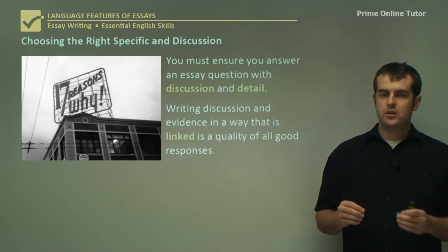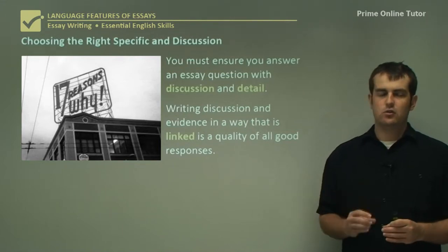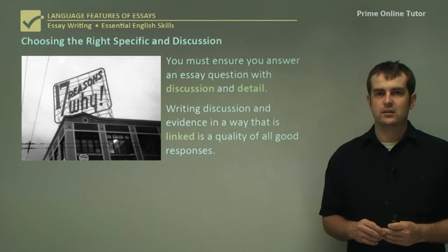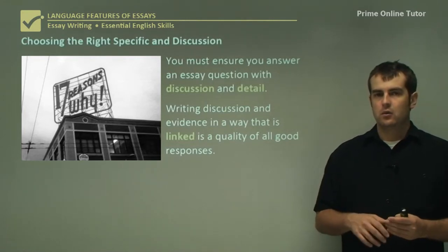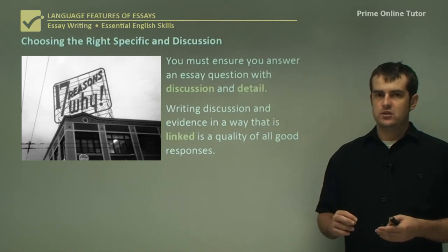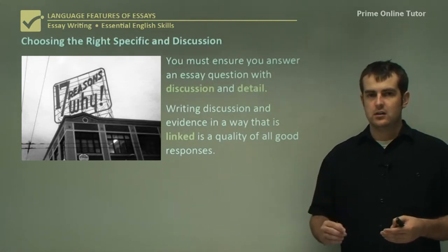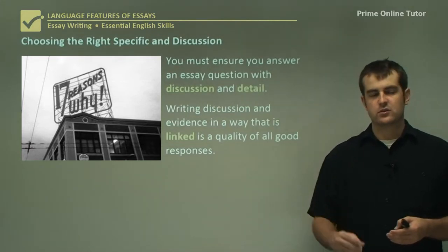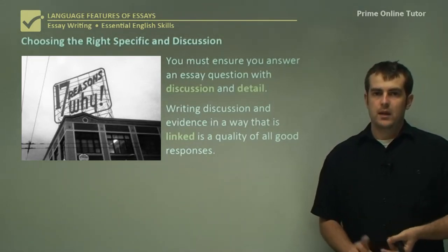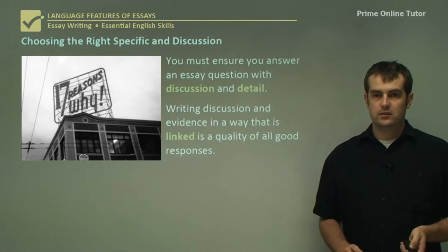If you put those two things together, your discussion and your quotes, you're effectively saying that this thing I found in a text is helping to prove what I'm trying to say, and what I'm trying to prove is linked straight back to the question. So not only are you answering the question,